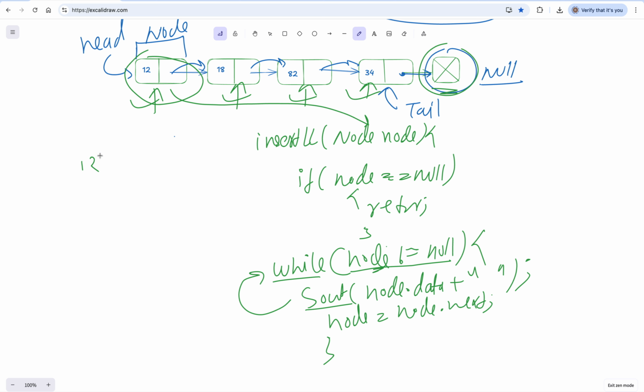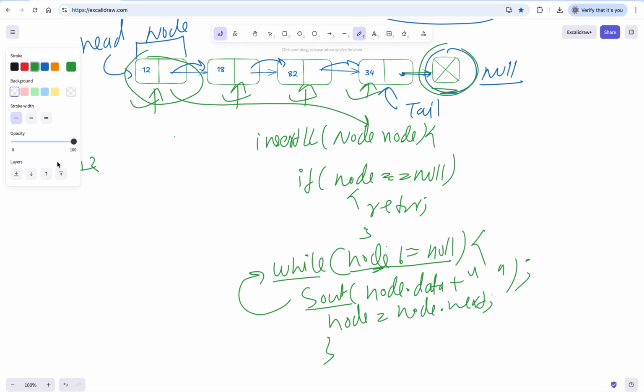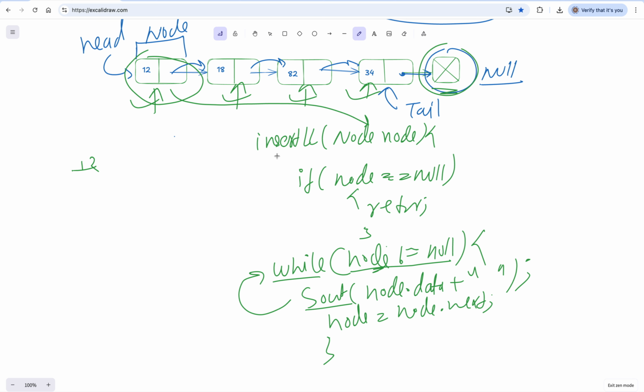So what will happen? Let's say in the beginning, your first data we passed as node is 12. So it will come here. It is not null, so it will not go here. It will come into while loop. In this, node is not equals to null, so we are printing the node dot data, which is currently 12. So let's say this is your data and this is next. So in this particular case, what will happen? Your data got printed, your node dot next will be 18. So here we can write 18th node.